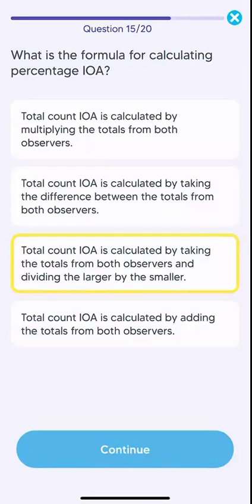What is your opinion? This is the first time I see this formula. How did you not study about IOA? I studied it, but I know total, agree and disagree. Formula means what? Total or agree or disagree, or is this another kind? No, this is another formula.